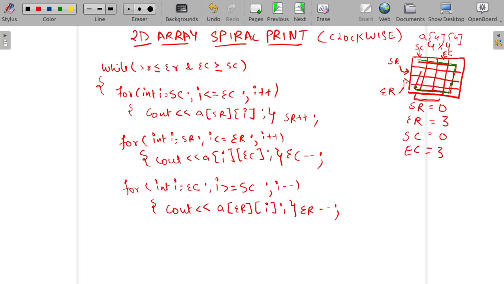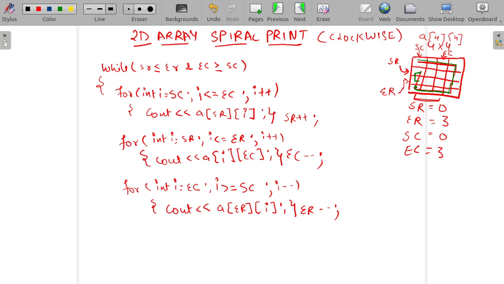Now we want to print this much part. As you can see, our end row is pointing here and our start row is pointing here. So we will write a loop in which we will iterate the value from end row till start row, keeping our start column constant, right?